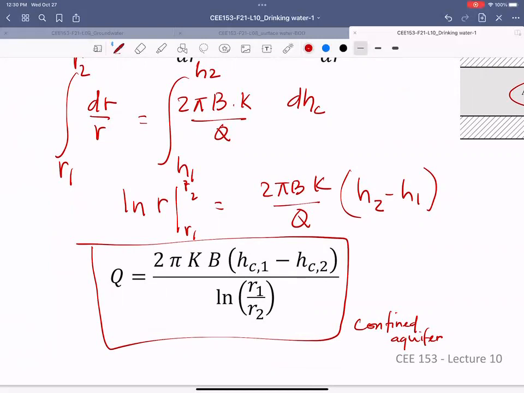And quiz 1 and quiz 2 will help you prepare for the short questions in the midterm exam, because you'll have 10 short questions. Each is 2 points, where you will answer the questions either conceptually or using calculations. Either is fine, because it will ask, let's say for this one, if I have to ask these questions, I will say, if you increase the width of the confined aquifer,